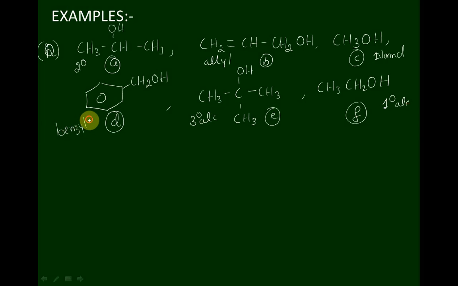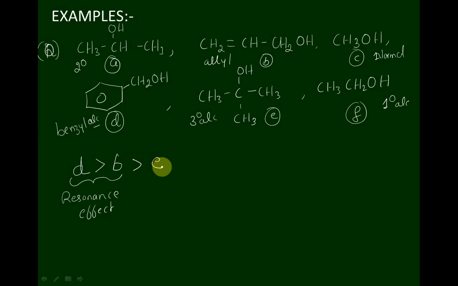benzyl alcohol. So which carbocation is more stable? Benzyl carbocation is more stable compared to any other alcohols in the given question. Therefore, benzyl carbocation is more stable, meaning dehydration of benzyl alcohol is maximum, greater than allyl alcohol. The reason is both the carbocations, benzyl and allyl carbocations, exhibit resonance effect. Greater the resonance effect, greater will be the stability, greater will be the rate of dehydration of alcohols.